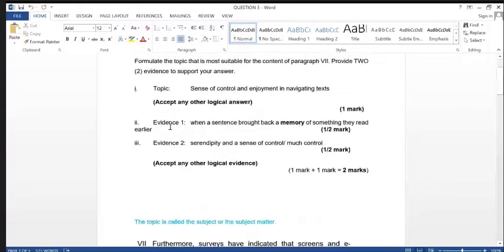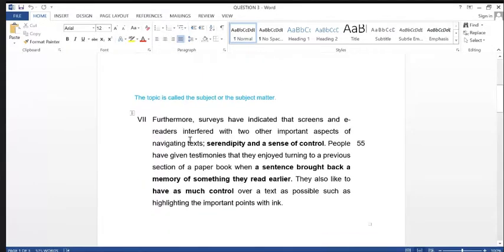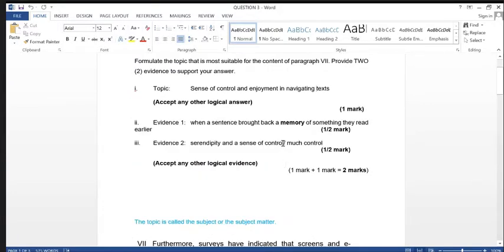Okay, and when I write the evidence, okay, about evidence, please jot this down. If you see they ask for evidence, the evidence can be a copy paste from the paragraph. What you have in the paragraph must be used as the evidence. Dia tak nak your own explanation in your own word as the evidence. They want a part from the paragraph to be used as an evidence or proof that shows your answer here is correct. So when I use evidence number one, when a sentence brought back a memory of something they read earlier,